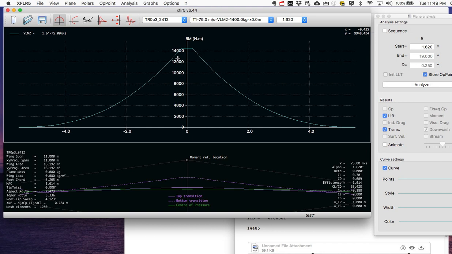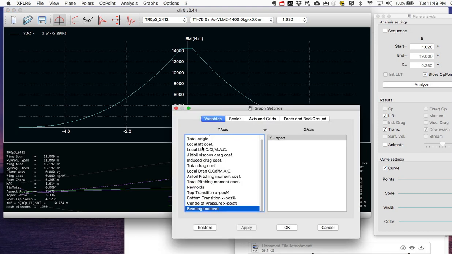In this case, we're below the threshold, which means we can increase the span, increase the aspect ratio, and probably reduce the induced drag more. The reason for this again is because the tips are less loaded. Actually, this is the best way to show this, but the tips